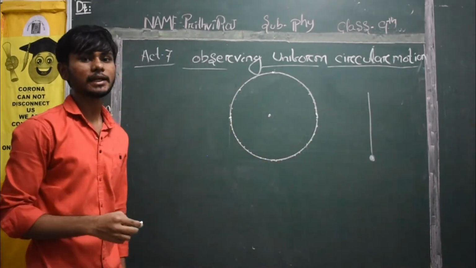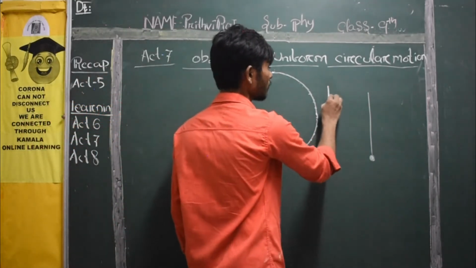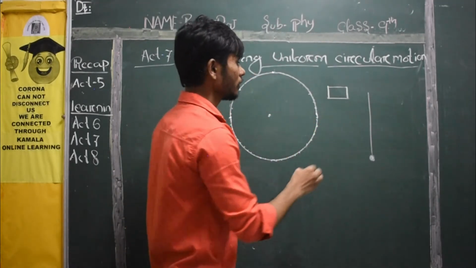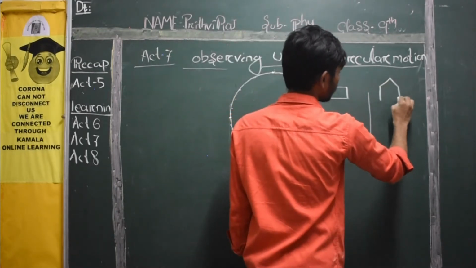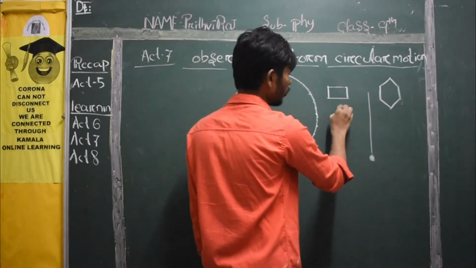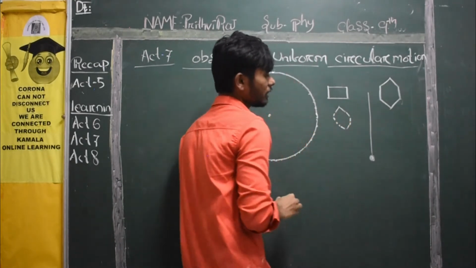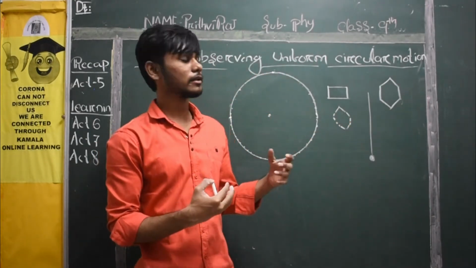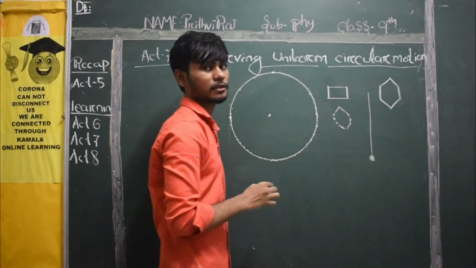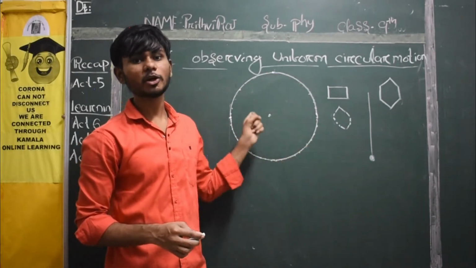You need to remember a circle. A circle is a polygon. How? See. You are saying it as a quadrilateral, right? You will say it as a pentagon or a hexagon. Can you draw an octagon? Yes, you can draw an octagon. See, the more vertices you keep, it is nearly going to make a circle, right? So a circle comprises an unlimited number of vertices.